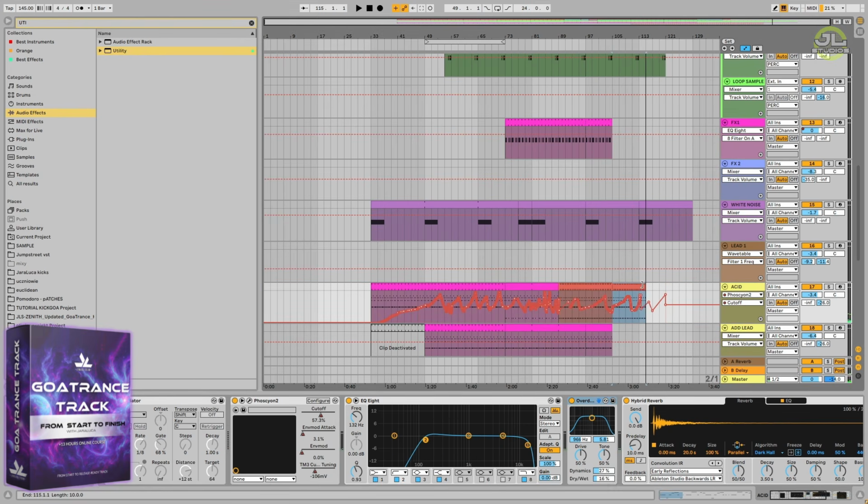Okay, so what I did, because I just felt it, I just recorded some more automation with my Faction. So I just changed some envelope attack, envelope mode,